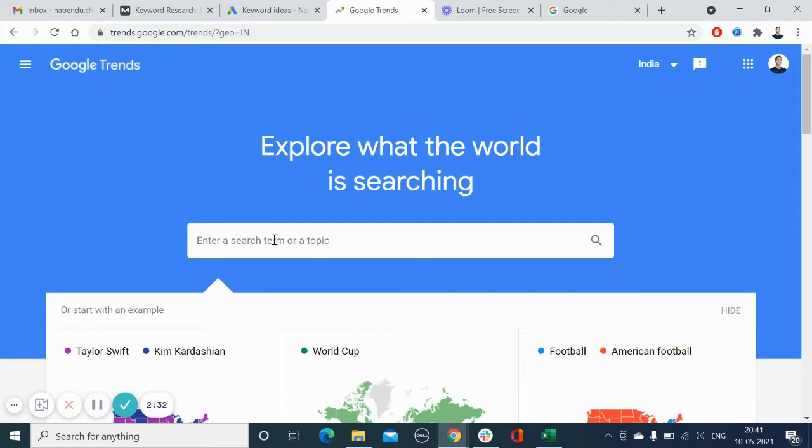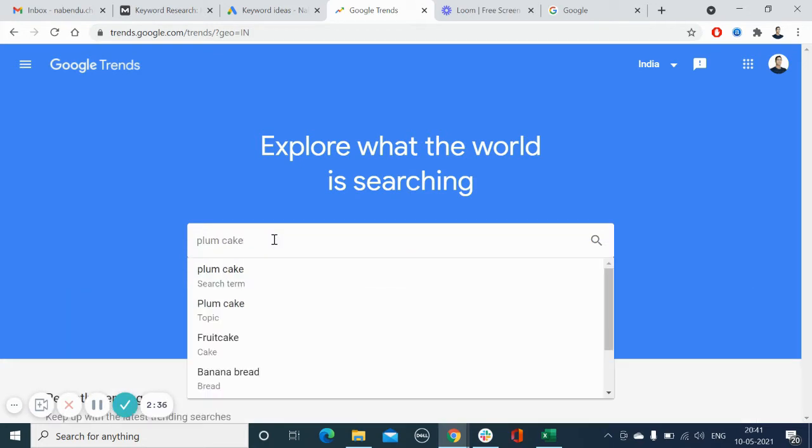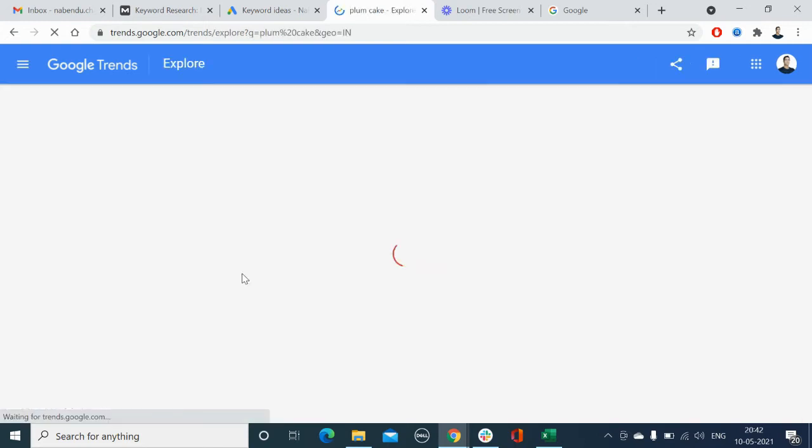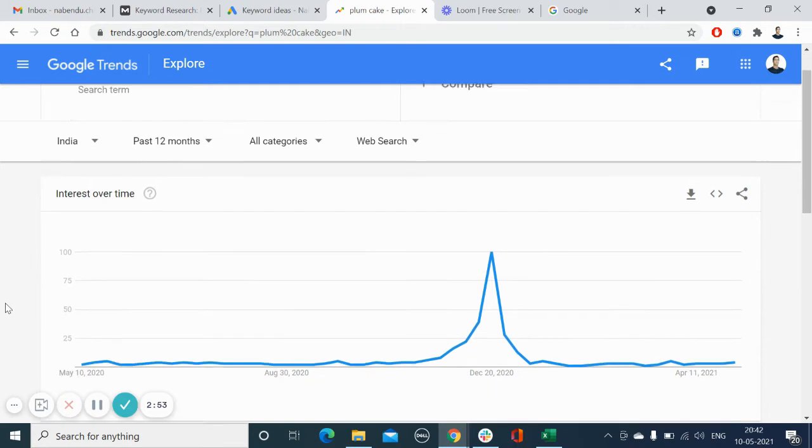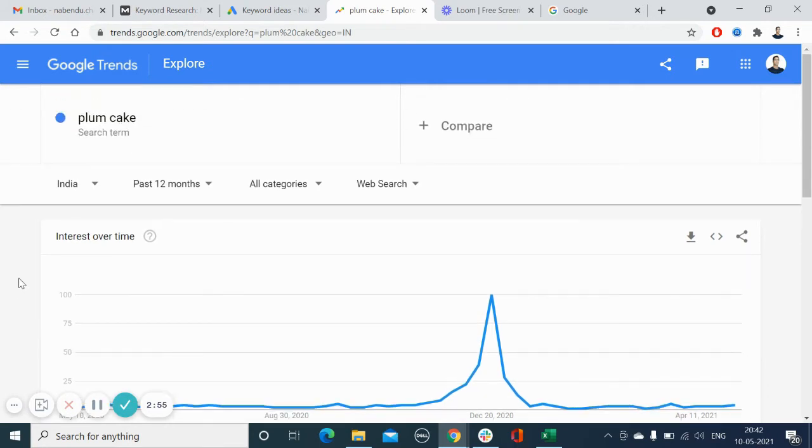So let's take an example of plum cake. If we have a recipe website where we are teaching people how to prepare cake, for that kind of website, plum cake could be a useful keyword. So let's hit enter, and we can see the search volume for the past 12 months in India.